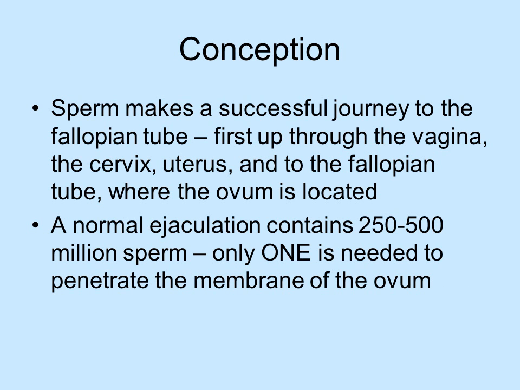Okay, so conception: the sperm, if it makes a successful journey, goes up through the vagina, the cervix, the uterus, and then to the fallopian tube where the ovum is located. A normal ejaculation contains about 250 to 500 million sperm, but only one is actually needed to penetrate the membrane of the egg. Interestingly enough,